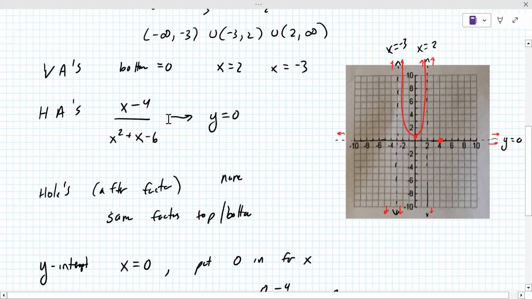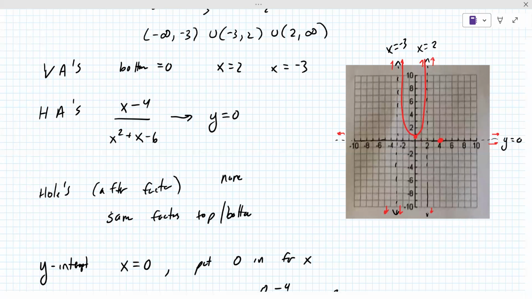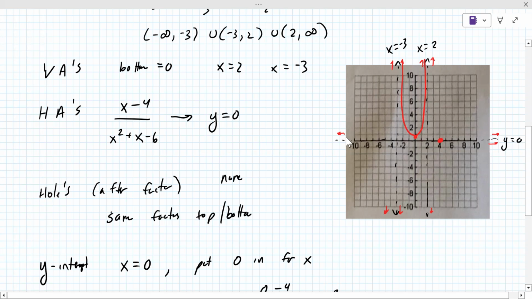Basically you want to put that back in here and find out whether it's positive or negative. That's why I ask if you're allowed to graph these things using another tool. You don't actually have to test points, but this is the most difficult part of it. So let's just test, for example,